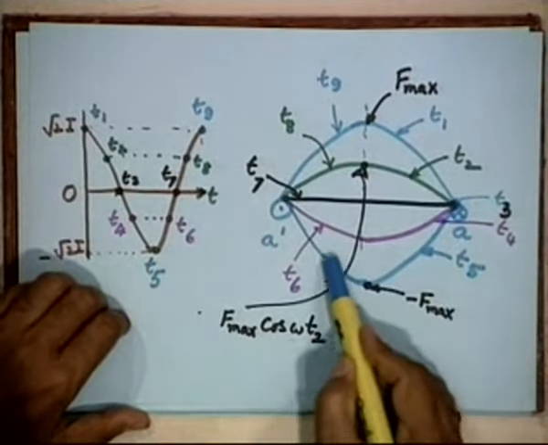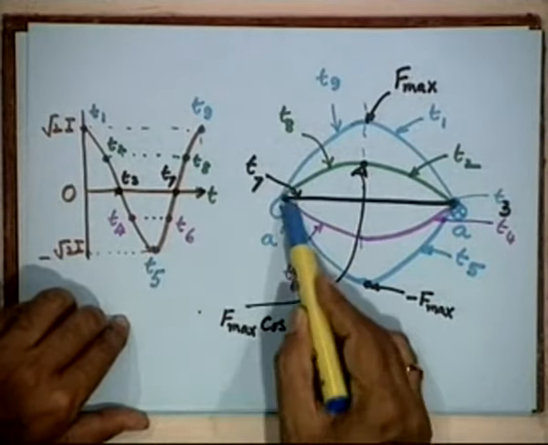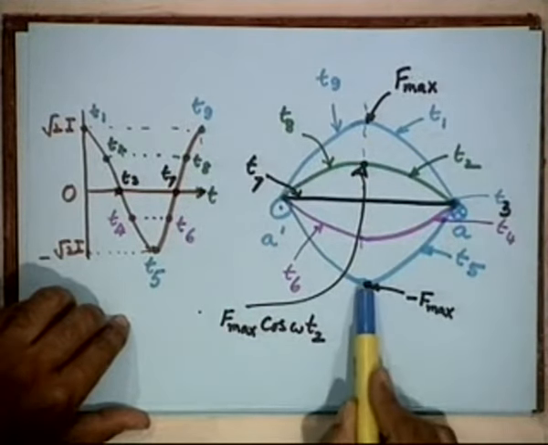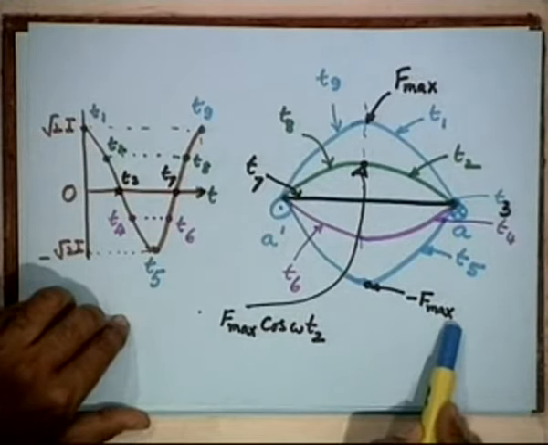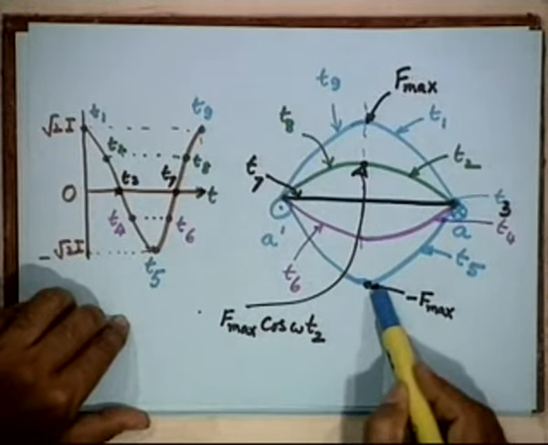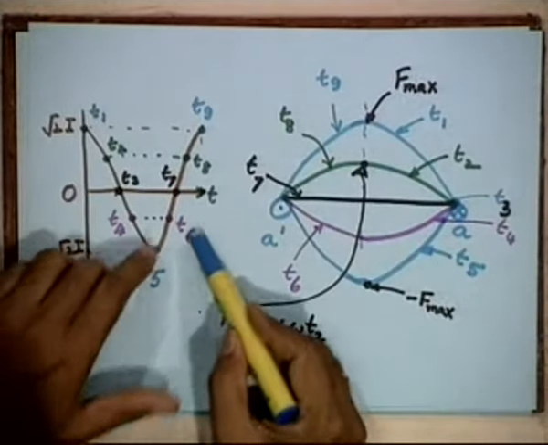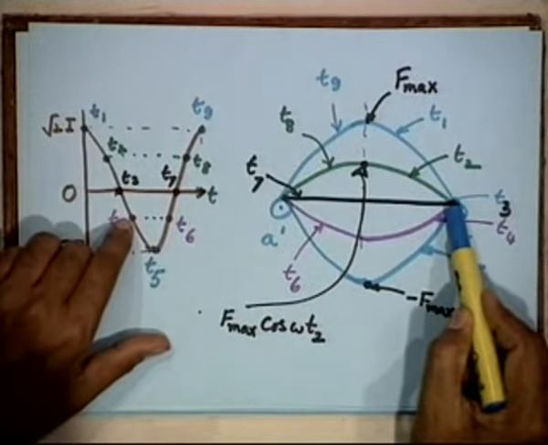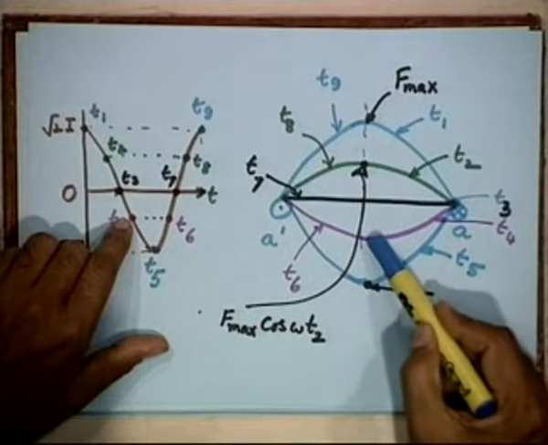At that instant you will have another magnet, the MMF pattern is like that. So what is the peak value here? It is F max, but it is minus F max, okay, it is a reversed magnet. So you will find it oscillating. Then T6 again assumes the same position as was at T4, but with a reduced peak compared to this.